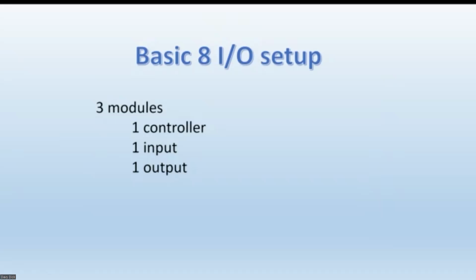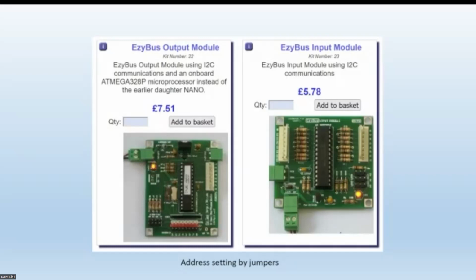So a basic I/O setup here, or I should have said a basic I/O or servo setup, is 3 modules. There are no backplanes. You need 1 controller, 1 input, 1 output. In this case, they're all different types. There are 3 different kits. It's not 1 kit you can configure different ways, 3 different kits. The input module, about £6, the output module, about £7.50. The input module can handle 16 inputs for your £6. The output module is only handling 8